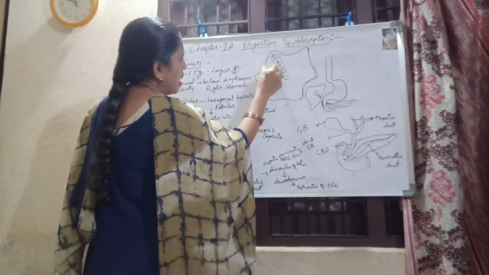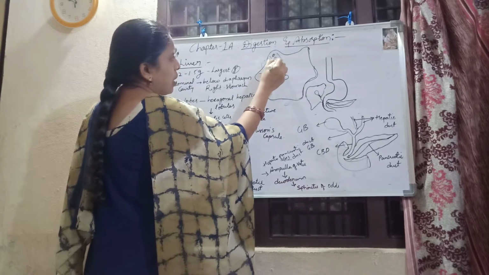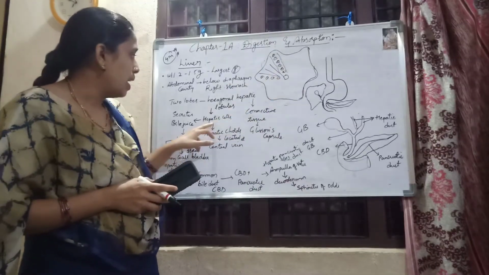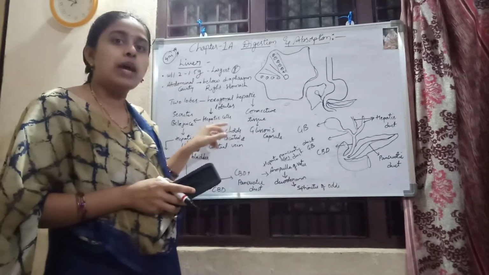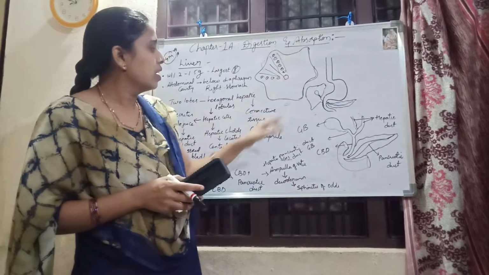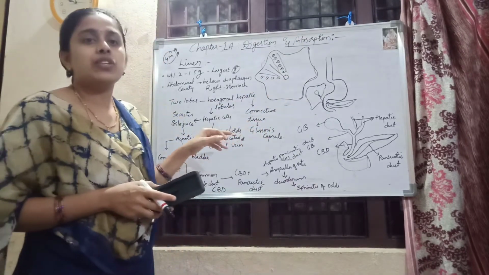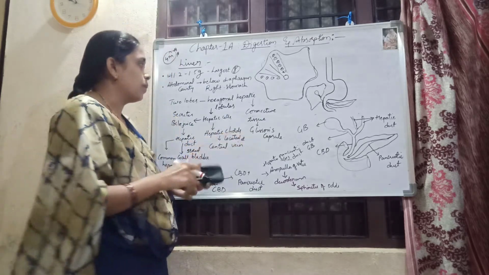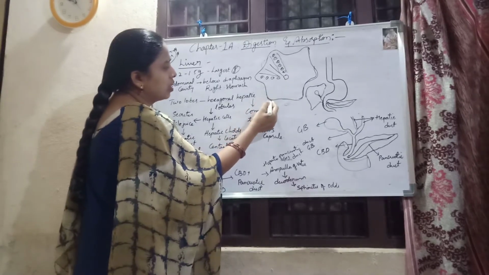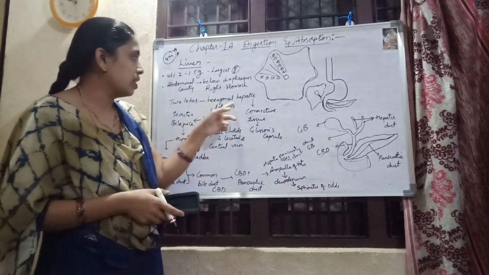The cells are arranged in a column and are called hepatic cells, or hepatocytes. What are they called? Hepatic cells. These hexagonal lobules are enclosed in a connective tissue called Glisson's capsule. The connective tissue is called what? Glisson's capsule.